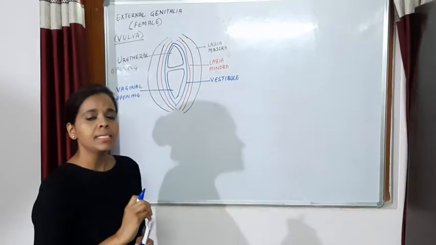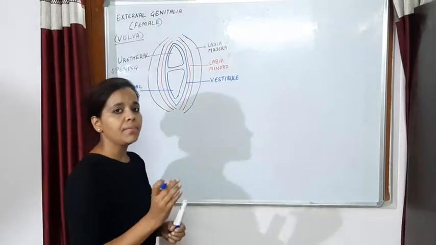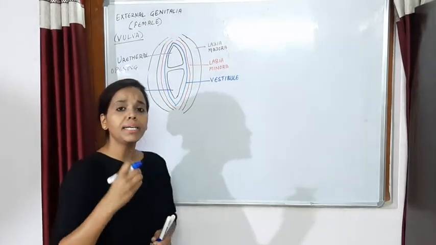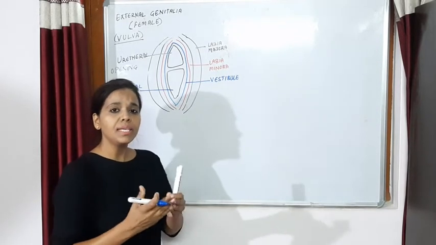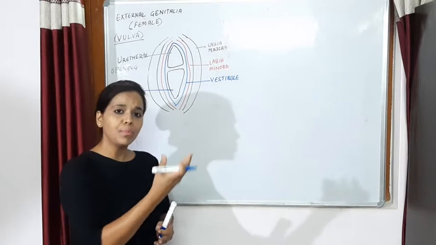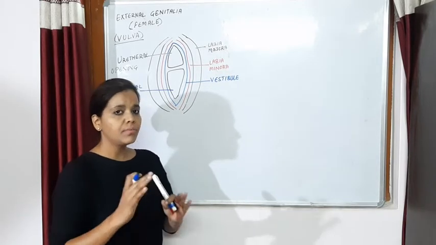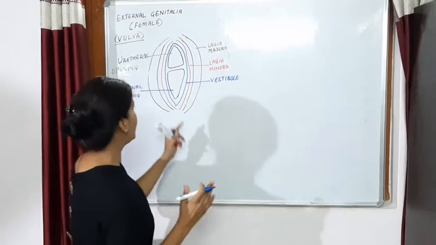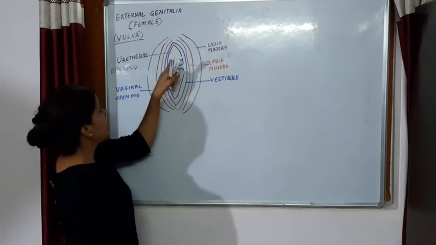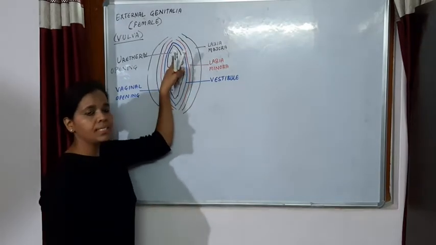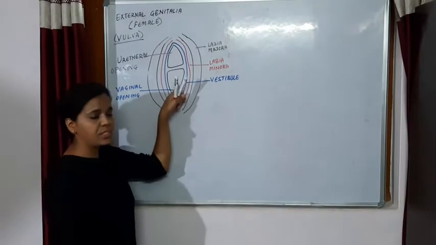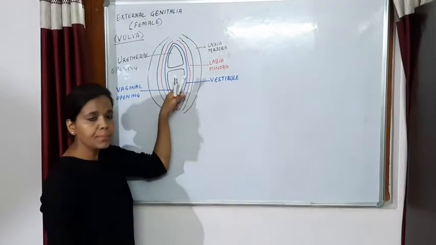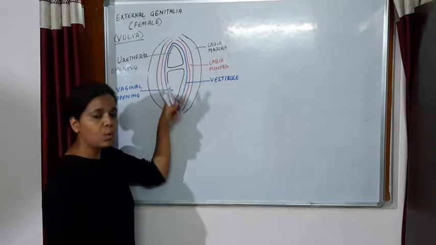So this is the main difference when we talk about the male external genitalia. In that case, the genitalia has the urinogenital duct. Urino means urine and the semen. Both were brought by a common duct. They were not separate things. What nature has done in case of a female is that for the urine, we have a separate opening, and for the vagina, where the sperm will get deposited, that is a separate opening.